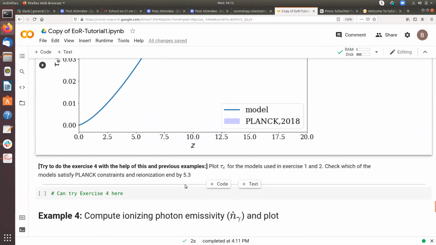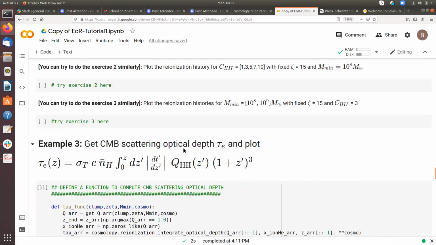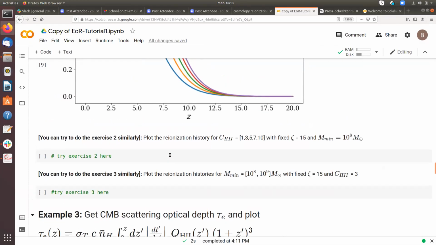Also check which of the models end by redshift 5.3, which also comes from the Lyman alpha observations. You can try that exercise too, and I will wait a few minutes. Please let me know if any of you have done exercise 2 or 3, then I can discuss what you should get.